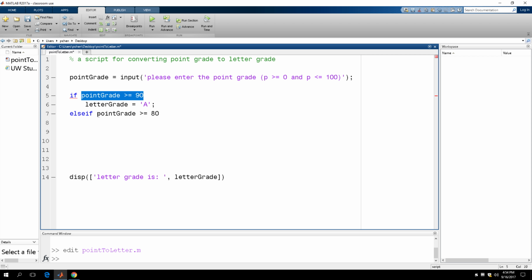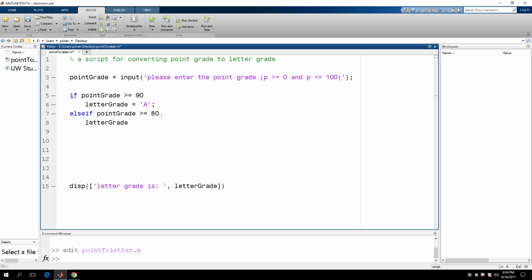MATLAB is going to check if point grade is larger than or equal to 80. If this condition is evaluated to true, then the statement letter grade equals B is going to be executed,